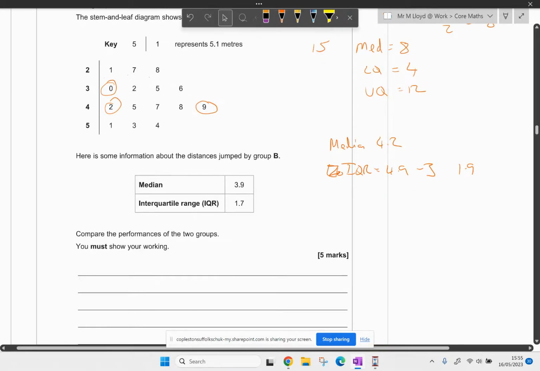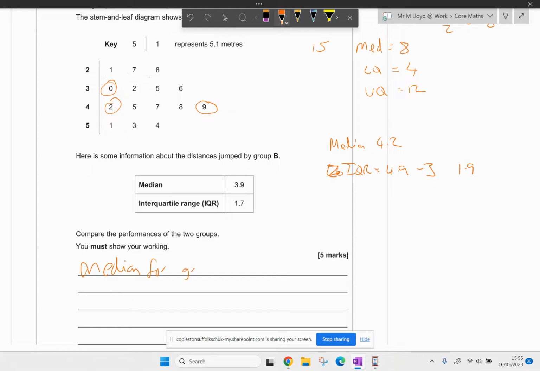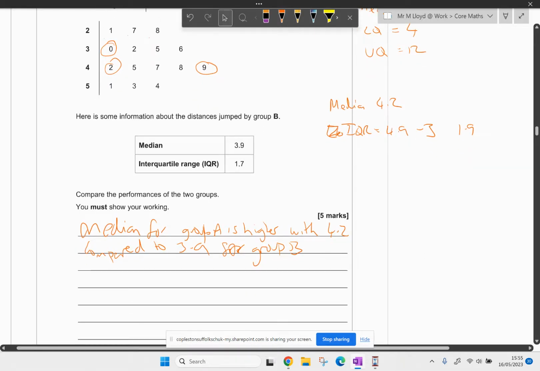So the median for, was it Group A? Group A is higher with 4.2 compared to 3.9 for Group B. Oh, my handwriting's getting worse because I'm rushing. Ha! And then Group B